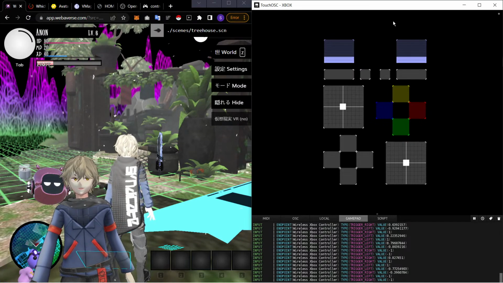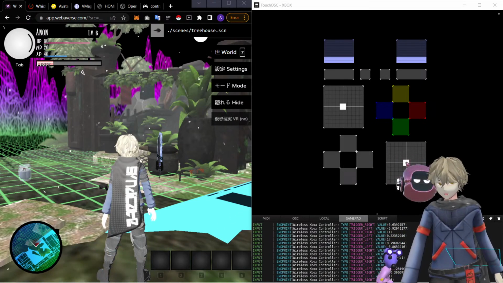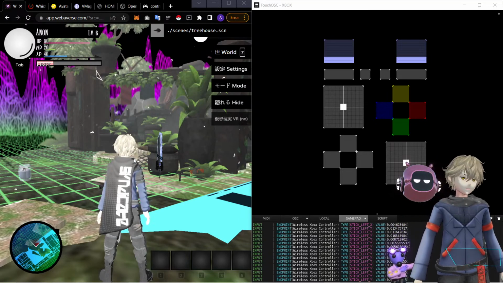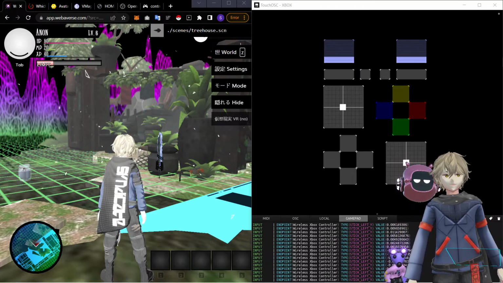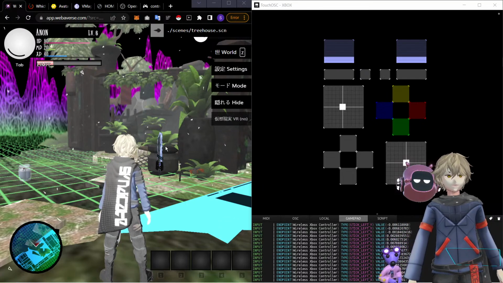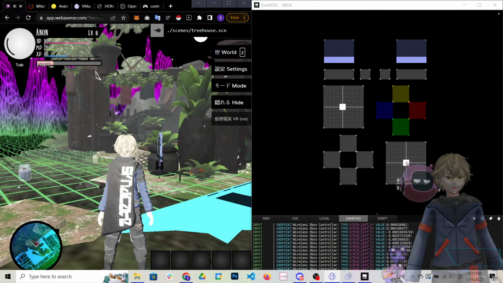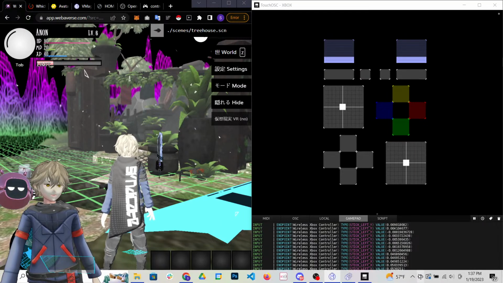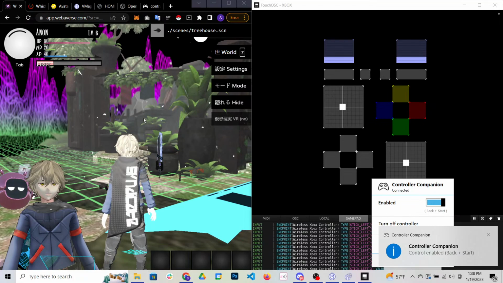Okay, so this is a nice visualization of what's happening. And I think right now we're ready to kind of test this out in world. So when you get a controller companion, nothing's going to be mapped. It's all going to have its own default mapping settings, which it should have. So we're just firstly going to see if this is working, and then back over there. Let's see if it's working, and if it is,